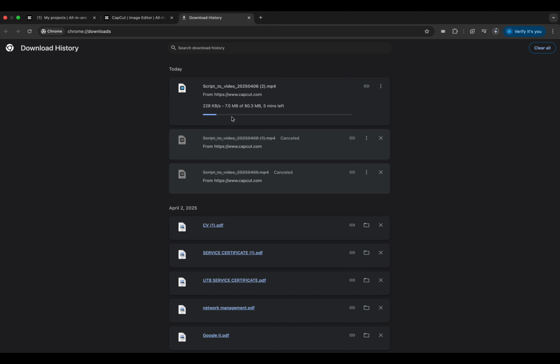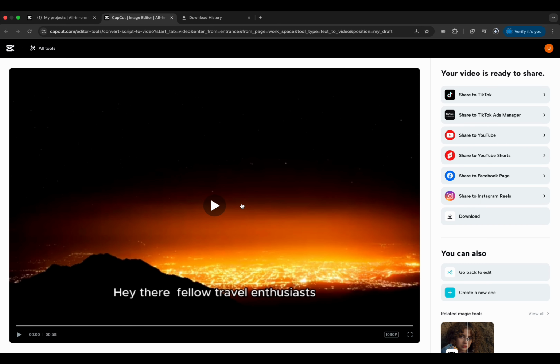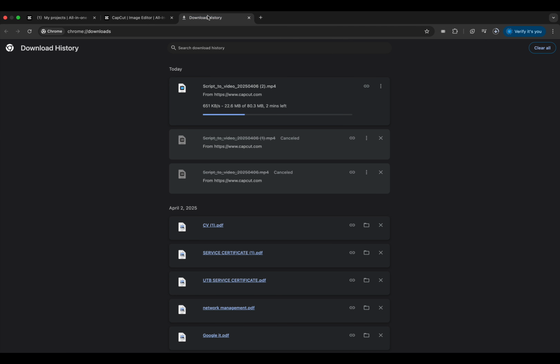You see the video is 80 MB, megabytes. So after downloading it, I'm going to play it. But this is how you create a video, how you generate a video with the AI